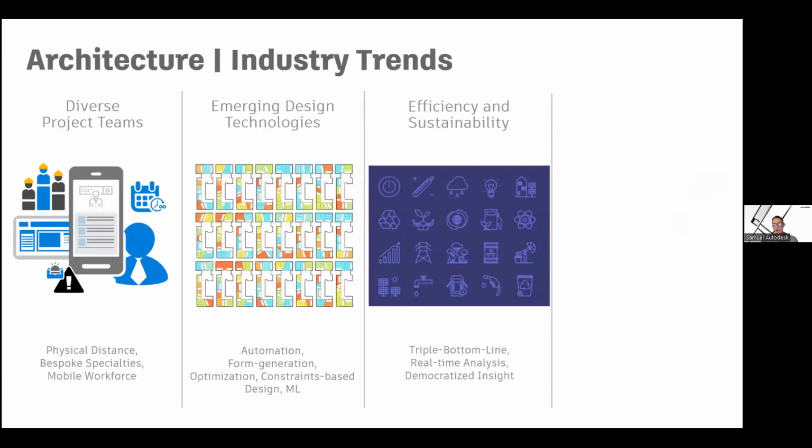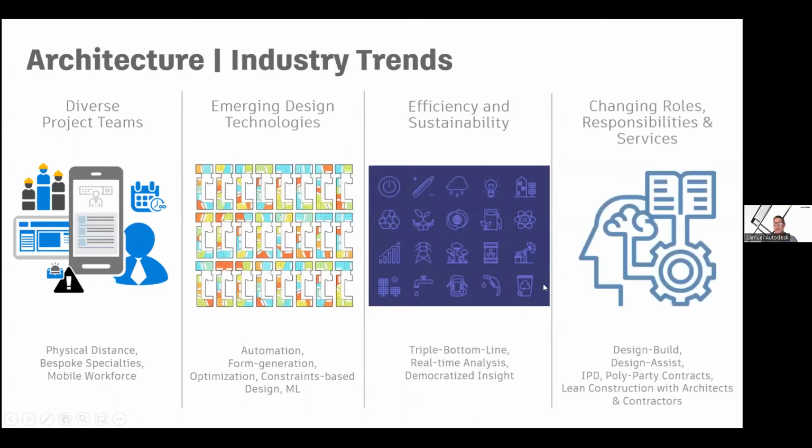Another big goal are the commitments for 2025, 2030, 2050 for some countries to be more sustainable. How do we look at how our building is going to perform? How do we look at embodied carbon in the materials? How do we look at transportation of the materials from the factory to the site? All of these things are becoming really important for architects. And then finally, the responsibilities.